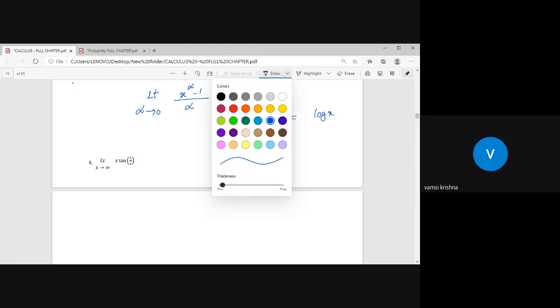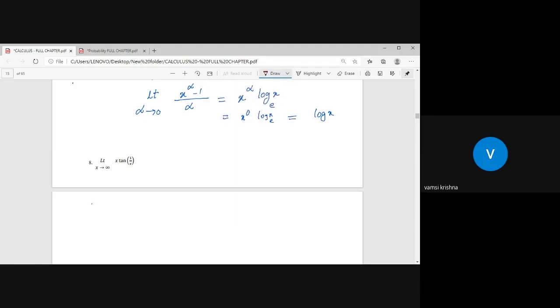Yeah, see this simple question. The given limit x tends to infinity, x into tan 1 by x. So what I want to do is, I want to take this x into the denominator. In the second step, limit x tends to infinity, just give me a second. Here I have tan theta, theta means 1 by x. I want to write this x as 1 by x in the denominator. Now I just put the limit for 1 by x also. If x tends to infinity, 1 by x tends to 0.